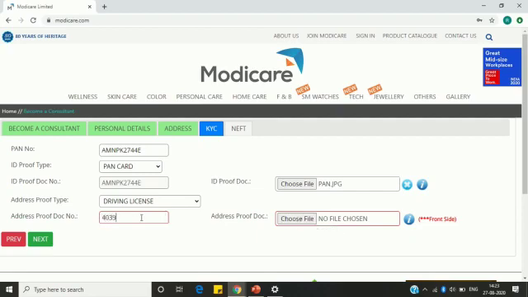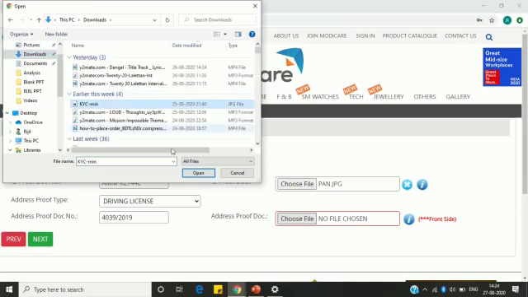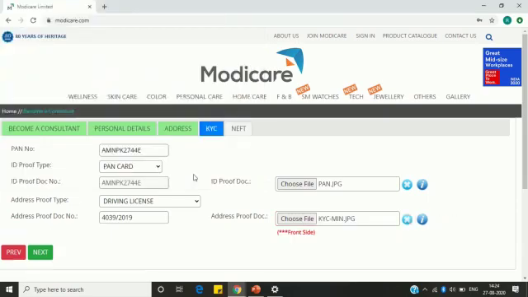So I am entering here my driving license number and choose the file. I go to downloads. I have, so that is also done. So once the driving license is also uploaded, that means your address proof is also uploaded, and then click next.